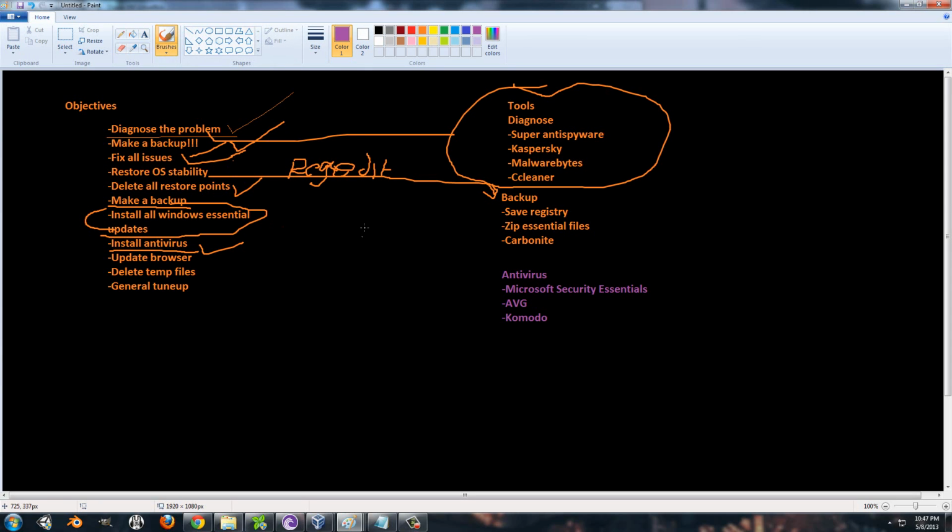We're going to update the browser. In fact, if you're working on your grandma's computer, I would recommend letting her stick with Internet Explorer if that's what she's used to. Unless, you know, it's going to be like from Internet Explorer 6 to 10, then it doesn't matter what she's using because she's not going to understand it to begin with. So, if that's the case, I recommend